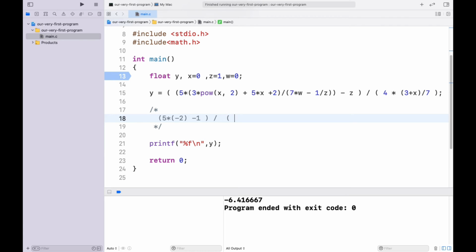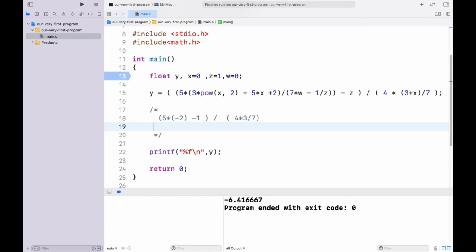Then we have 4 multiplied by 3 itself, because x is 0, divided by 7. So what is it going to do? This expression is going to be minus 10, and then minus 11,